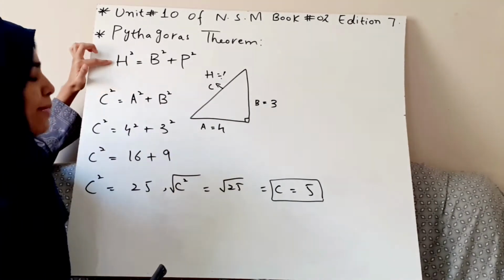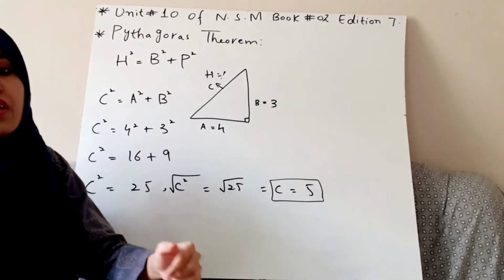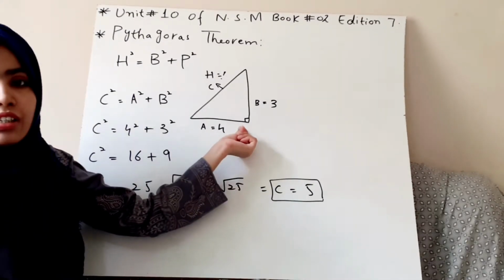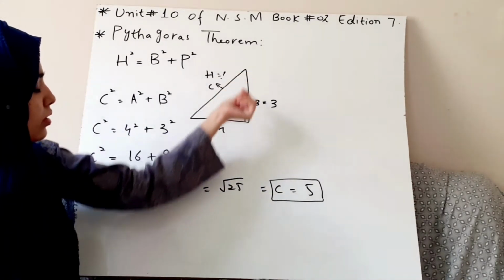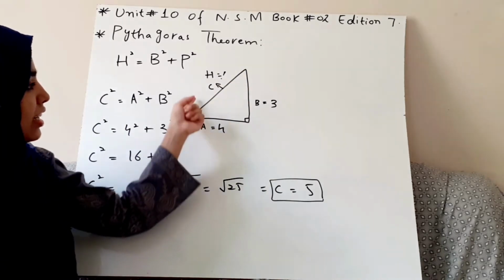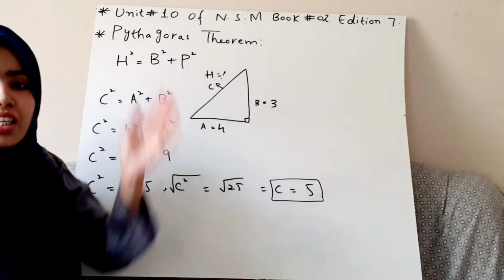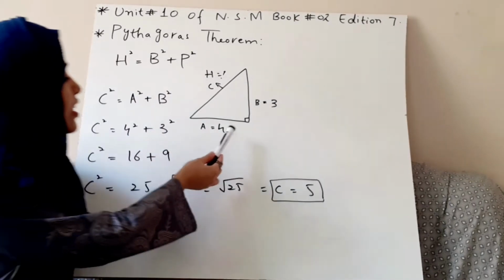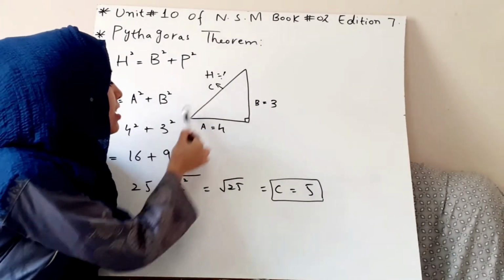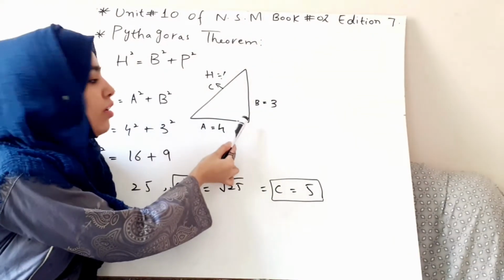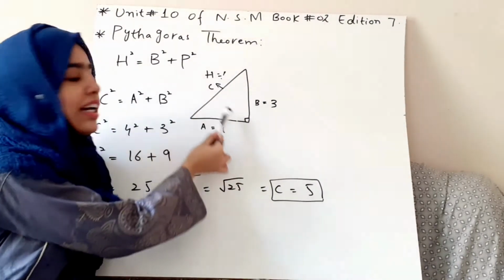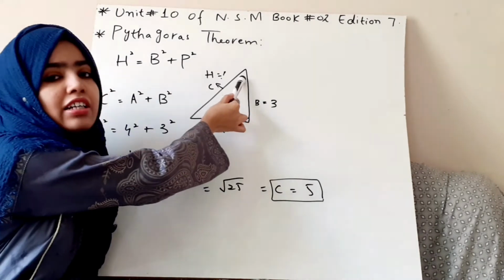So what is hypotenuse? Basically this theorem deals with right angle triangle. And students, you know what is a right angle triangle? A triangle is a geometrical figure which has three sides and three angles, like this is called a triangle. But what is a right angle triangle? In a right angle triangle, one angle is of 90 degrees. You can see this triangle. This is a right angle triangle. So, in a right angle triangle, one angle is of 90 degrees, a right angle. So, that triangle is called a right angle triangle.